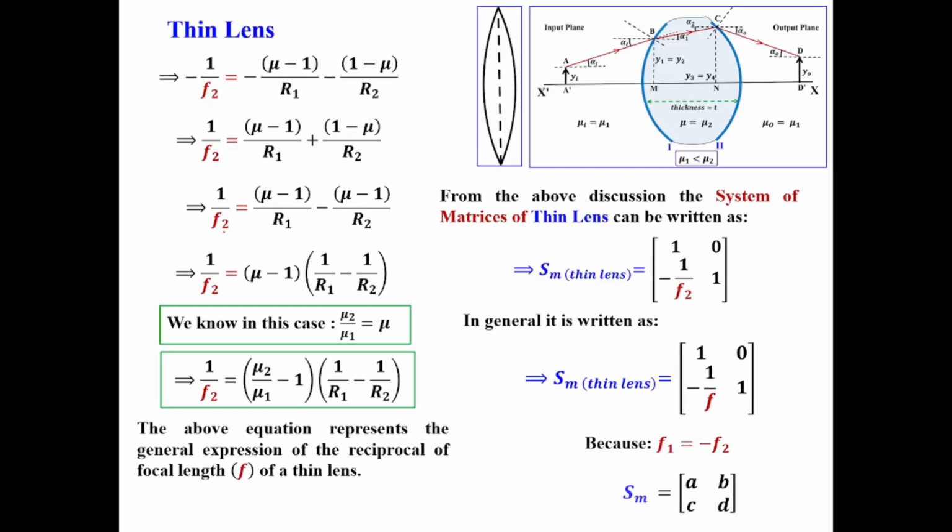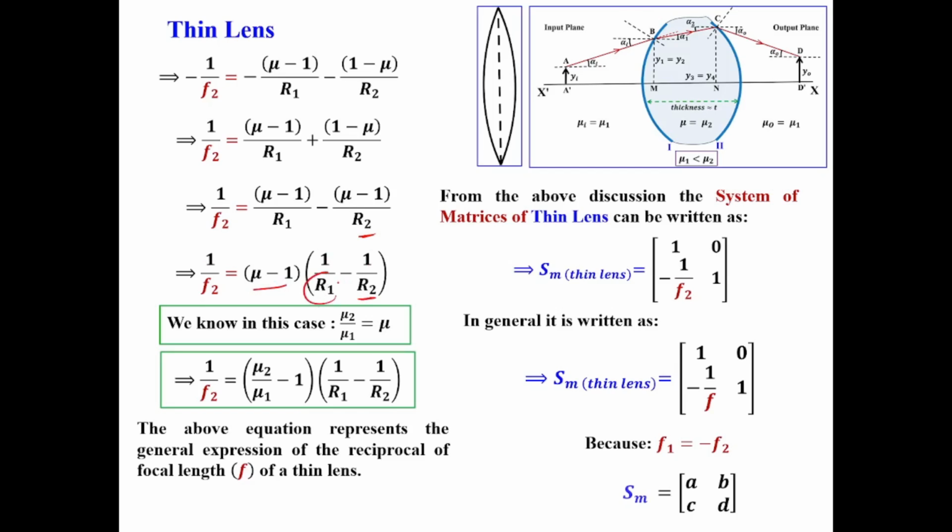That implies 1 by f2 will be equal to mu minus 1 by r1. Here, instead of 1 minus mu, we can write mu minus 1. Here, plus will be minus of mu minus 1 by r2. Right? That implies 1 by f2 will be written as mu minus 1 whole into 1 by r1 minus 1